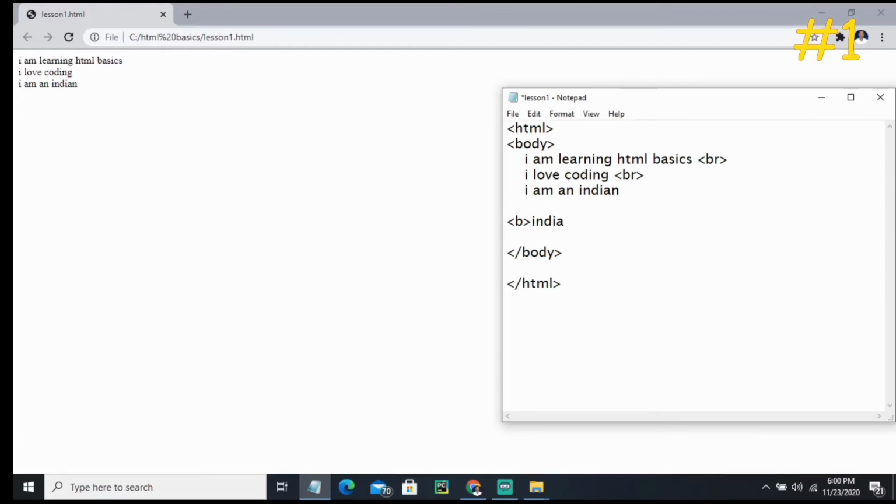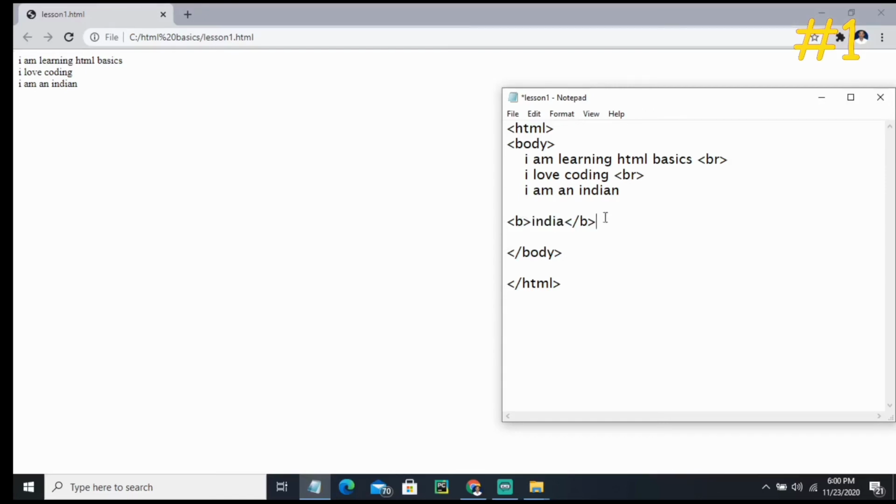Let's write India. After writing this bold tag, you should always remember to close it. In order to close it, you write the closing tag. Yes, we have closed it. So whatever text is between these bold tags will appear in bold.